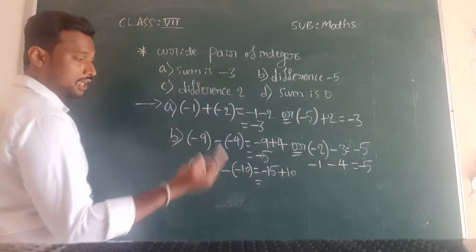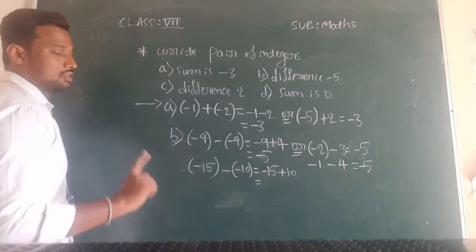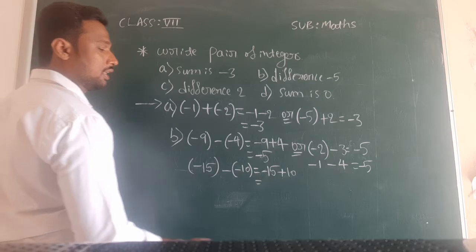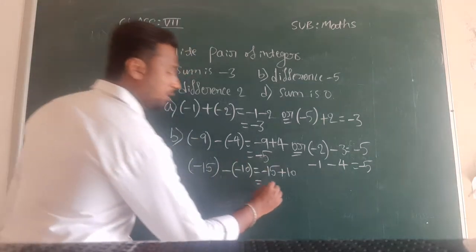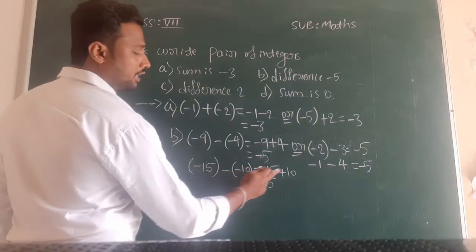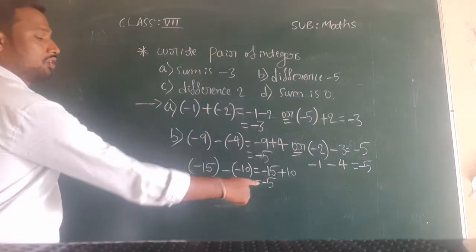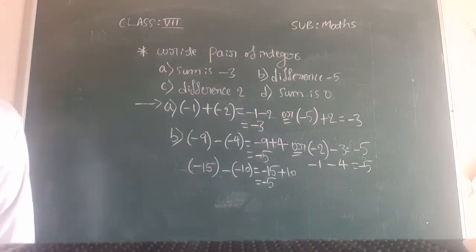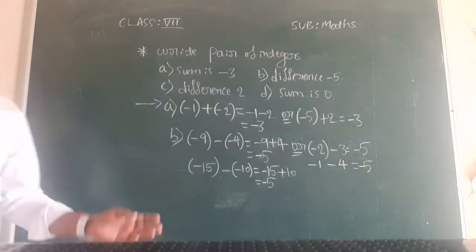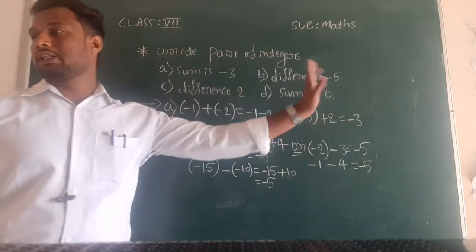Now when you are calculating, again you have to multiply these signs. Minus into plus minus, therefore you have to subtract here. So 15 minus 10 means what you will get? Sorry, 15 minus 10 means 5, and the sign in front of the bigger value. 15 is greater than 10, therefore minus is in front of 15, therefore we got minus 5. Here also we got minus 5 as the difference only. Like this you can write so many examples to get the difference as minus 5.